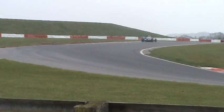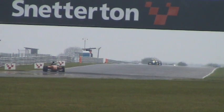Scott Melvin was leading for a time and still he had a problem with his gearbox. He dropped down to 13th after that. He got stuck in 6th gear. Right, so down the Bentley straight, a huge lead for Seb Morris, but Josh Webster all over the back of